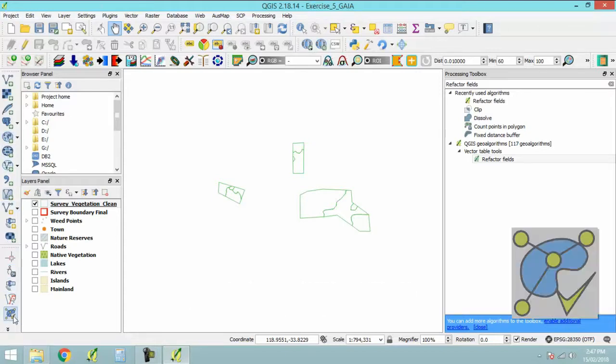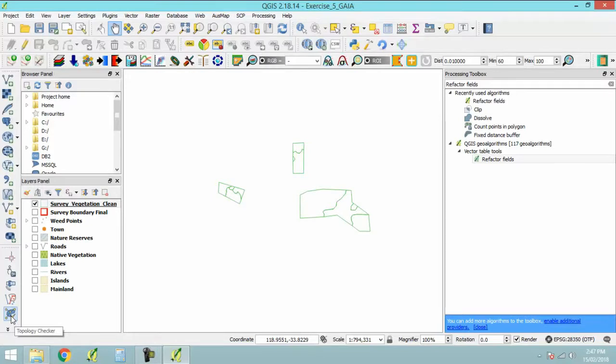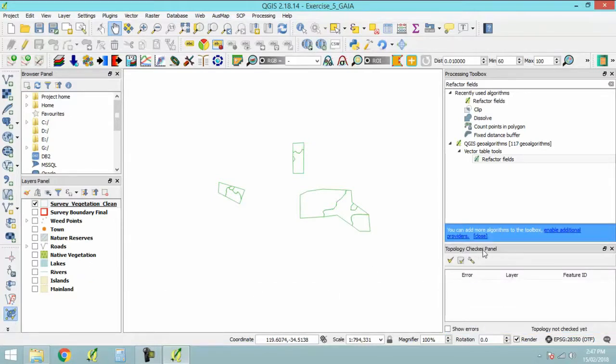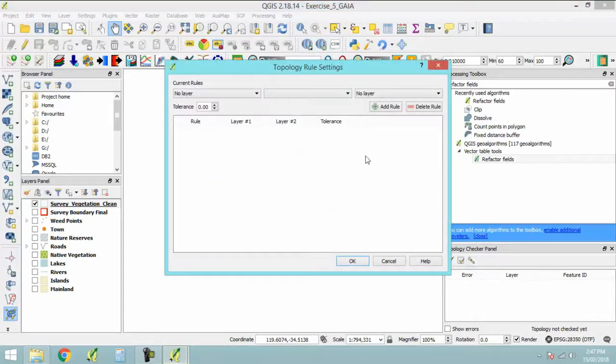In the menu bar, click the Topology Checker button, which should be located on the left toolbar. Looks like this. If the button's missing, check that the tool's activated in Plugins, so go to Plugins, Manage and Install Plugins. A sidebar will appear to the right of your map canvas, and click on Configure, and then add the rule Survey Vegetation Clean,